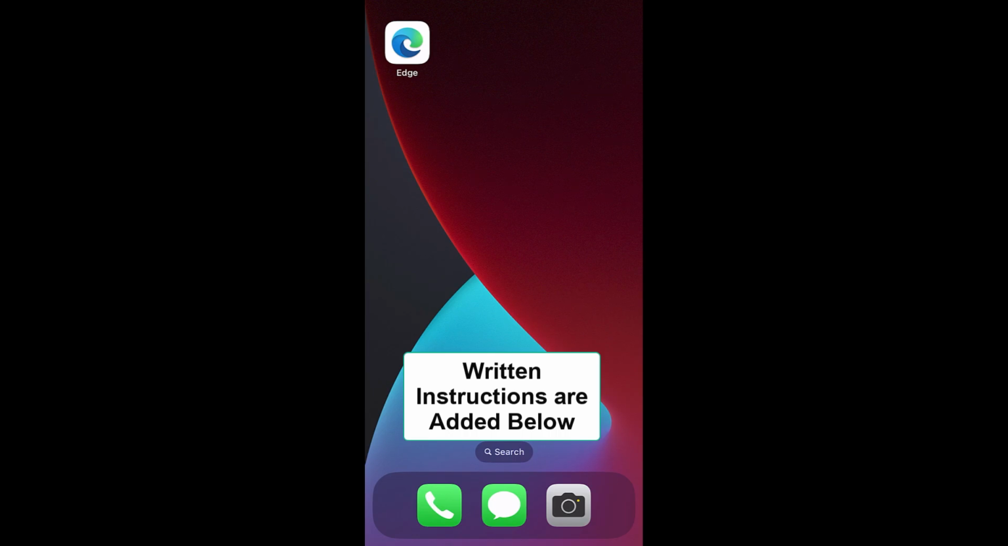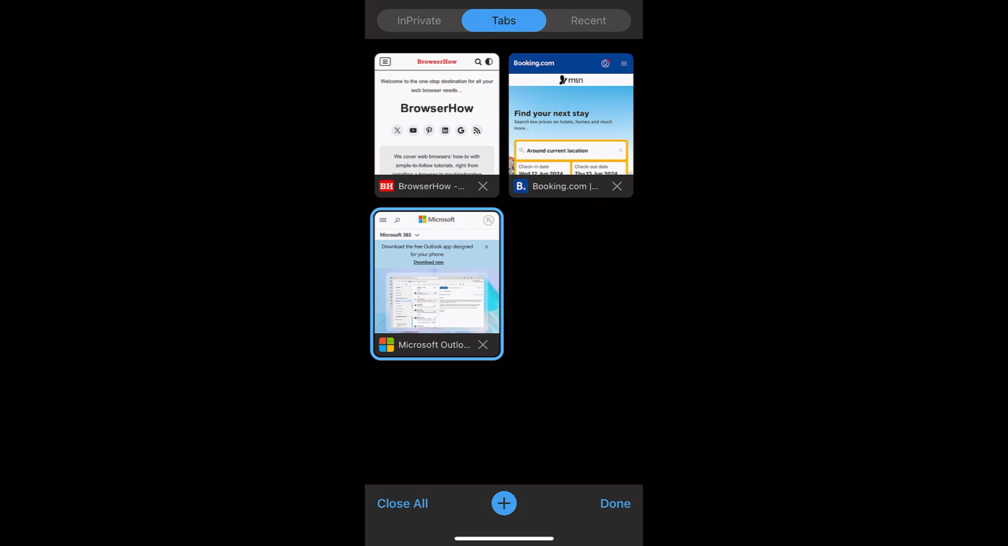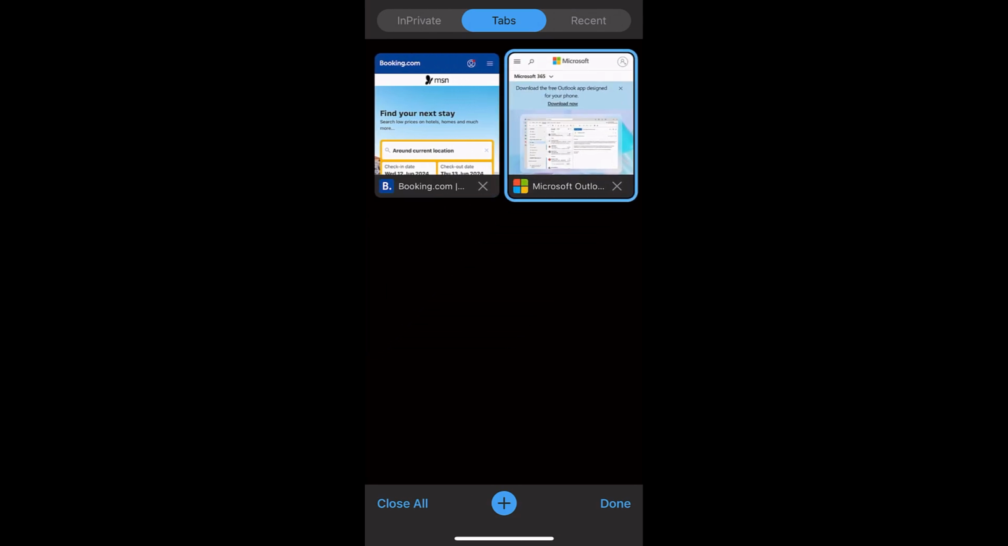In this quick tutorial, I'm going to show you how to reopen the closed tabs in Edge app on iPhone. Suppose you have a lot of tabs open, and right now you can see there are 3 tabs open, and if you have mistakenly closed one of the tabs, say Browser How, and you want to reopen that